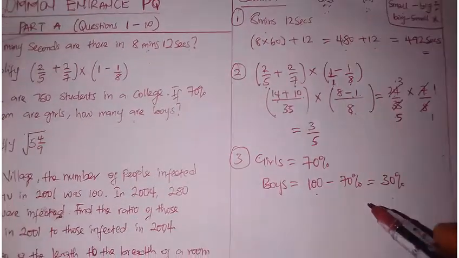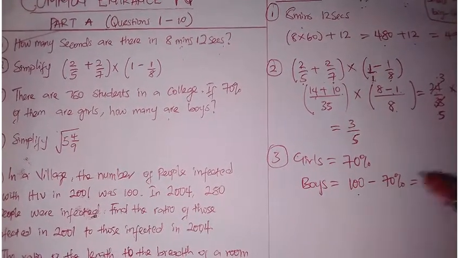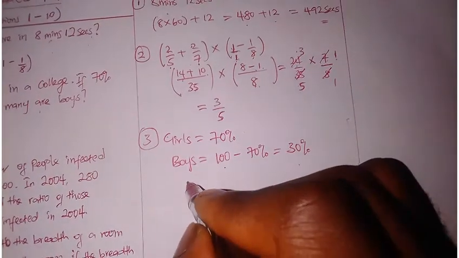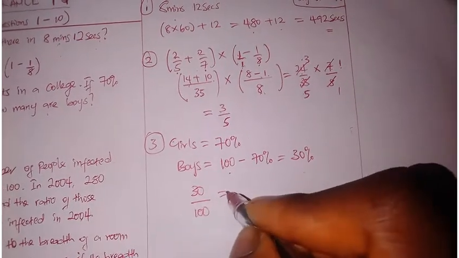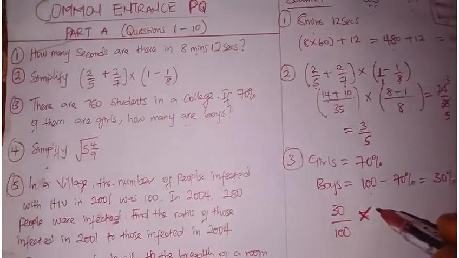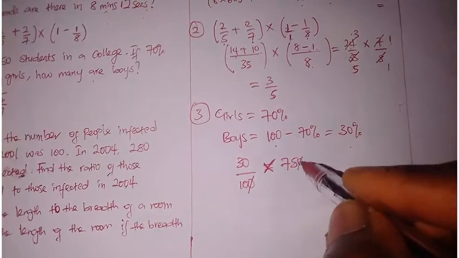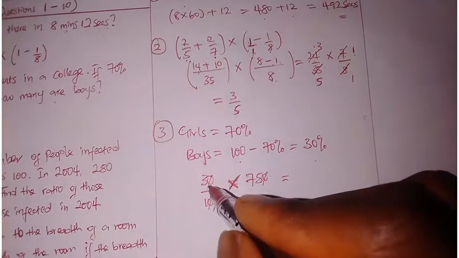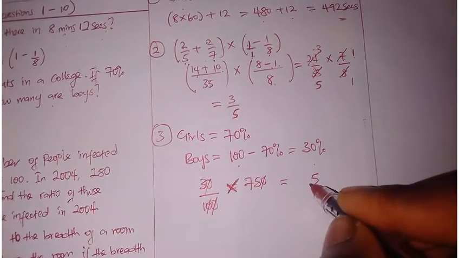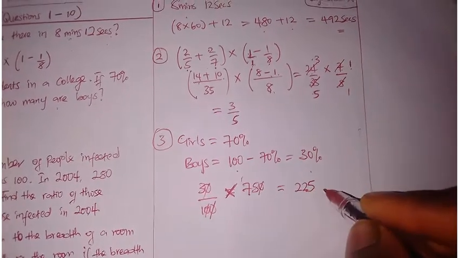Now, but I'm to find how many students are boys, not the percentage from the question. So in which case I'm going to have that as 30 out of boys over 100, which is the total percent, times total number of students, which is 750. Okay, in which case 0 cancel 0, 0 cancel 0. I have 3 times 75. 3 times 5 here is 15, 5 remainder 1. 3 times 7 is 21, 22. So I have 225 students